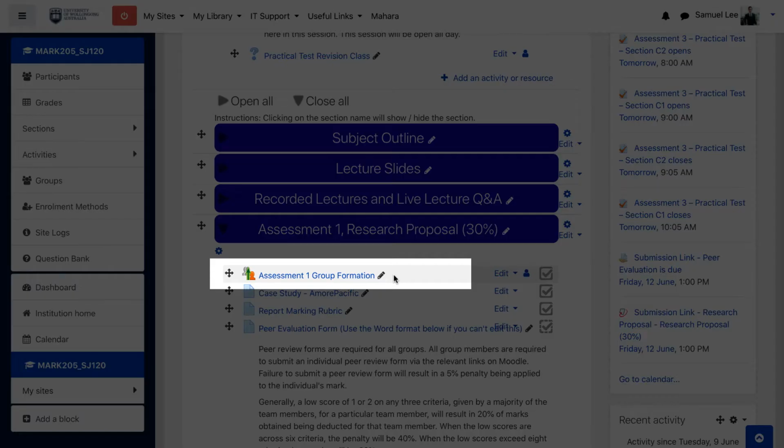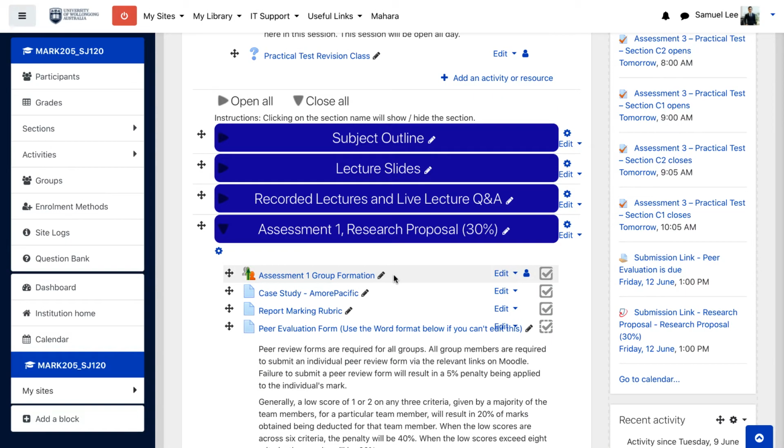And you get this group formation link where you ask the students to self-enroll into the assignment group, choosing their team members. One thing to note, team leaders should create the group, then other team members go and join the group that team leaders have created. How I usually do it is to conduct this during the tutorial and make sure everyone creates the group and joins within the same time. At this late stage of the semester, it is always best to create the groups ourselves instead of asking